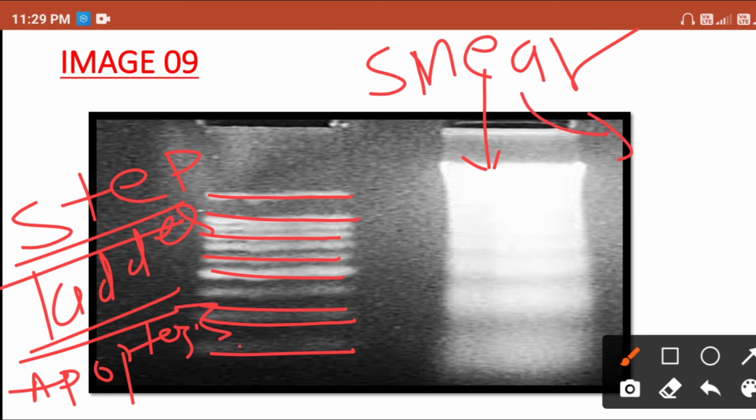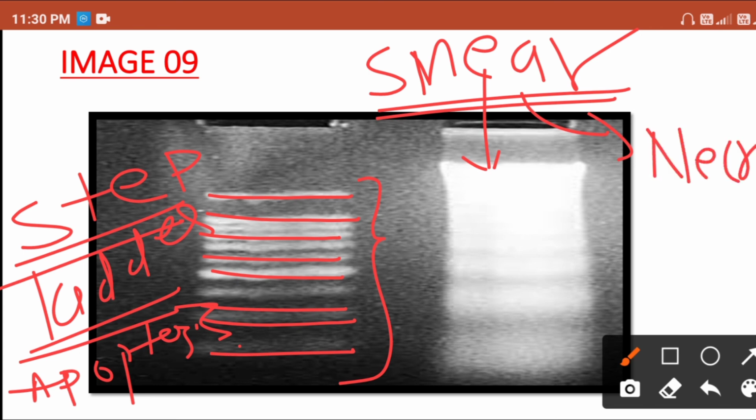While such a smearing pattern, if you take a drop of blood on a slide and prepare a blood smear, then it looks exactly this way. So that's why the name smear pattern is given, and here you can see the step ladder pattern. That's why the name step ladder pattern is given. This smearing pattern is seen in necrosis. So guys, smearing is suggestive of necrosis and step ladder pattern is suggestive of apoptosis.